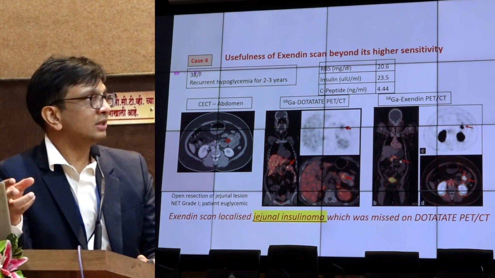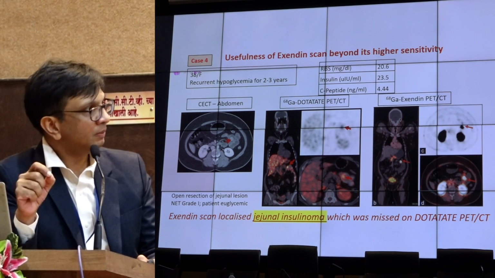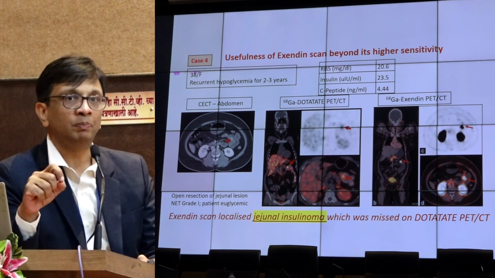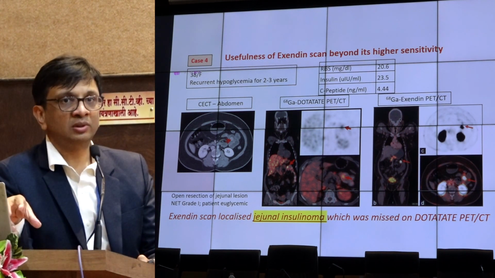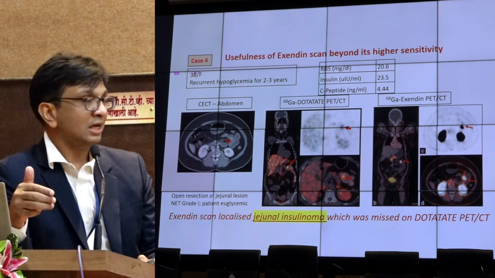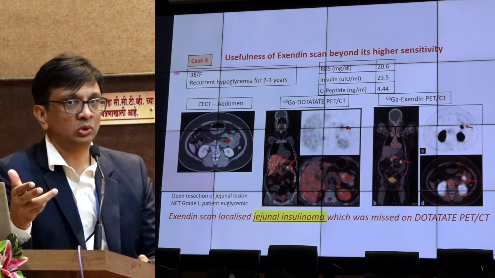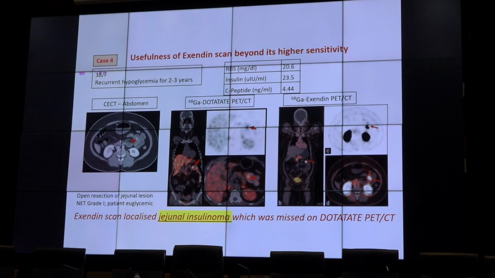Similarly, there was no lesion in the pancreas on the DOTA scan or the Exendin. But Exendin could pick up a jejunal insulinoma, which is an ectopic insulinoma, an insulinoma which was not in the pancreas but in the jejunum or the midgut part. The DOTA scan was also picking it up, but we were not sure about it. But when the Exendin picked it up, it made it very specific, and the patient was cured of